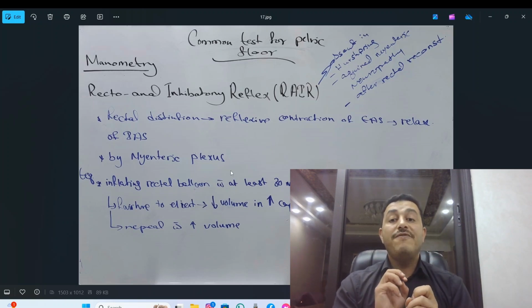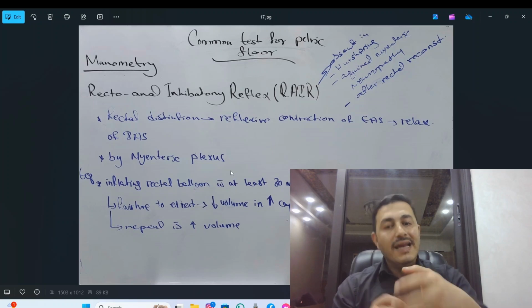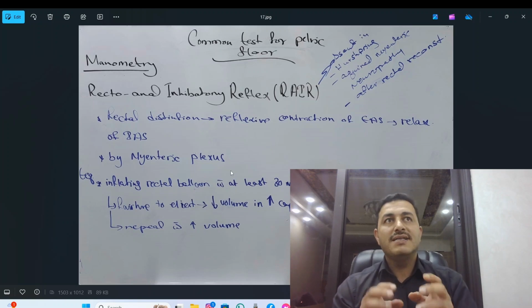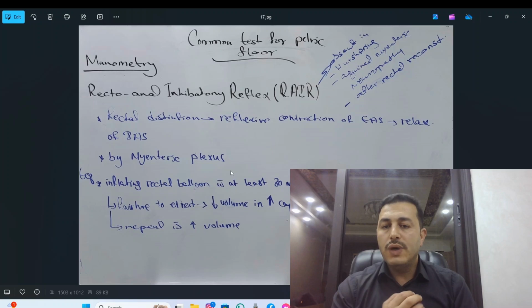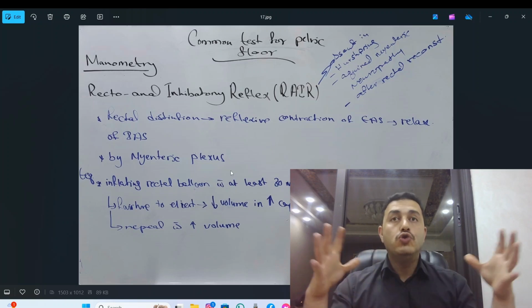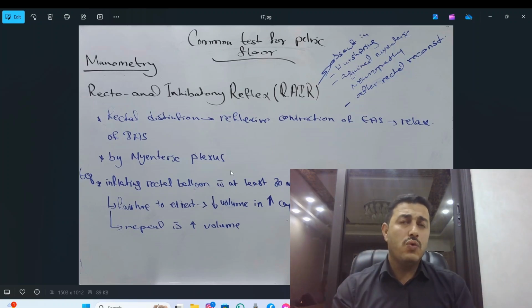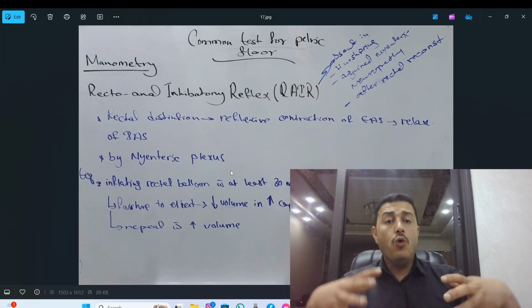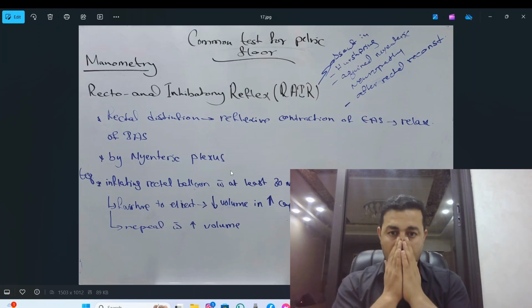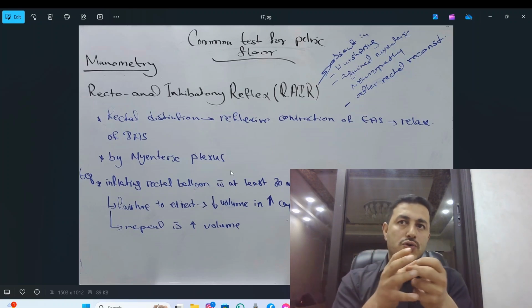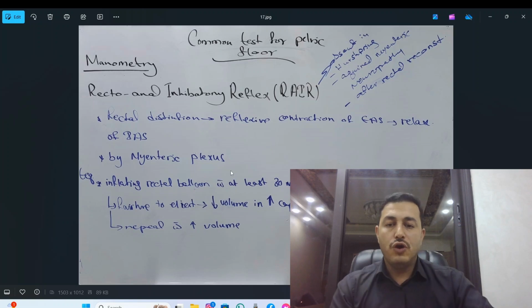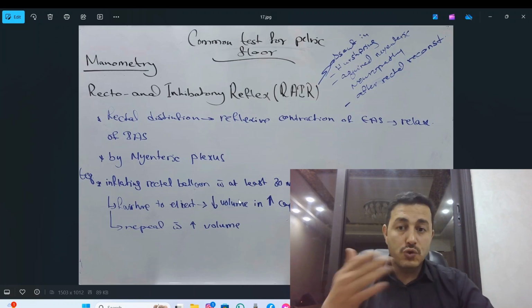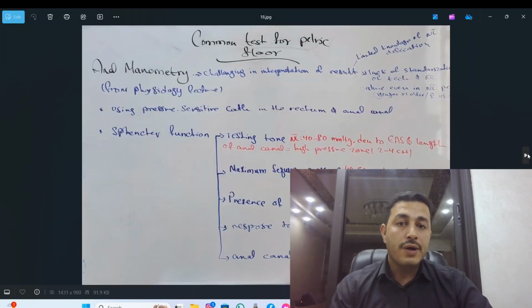Sometimes we may fail to elicit the RAIR reflex. This may be because we have a huge rectum, so we need to use more water to inflate, or because we did not give enough volume. So what is advised is to repeat the test with more